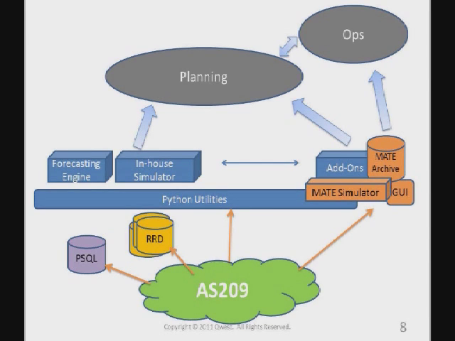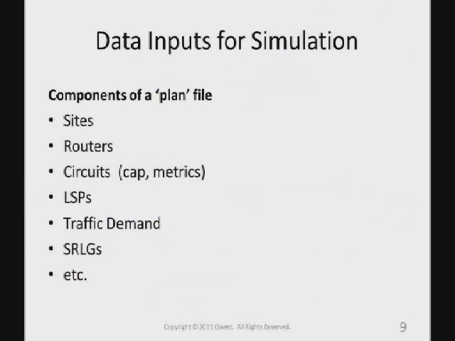So if everything works right, if our data is right and our tools are good, then that informs our third layer, which is the people layer, folks in our planning, and to some extent our operations groups. So that was kind of a high-level summary of some of the databases and tools that we use.